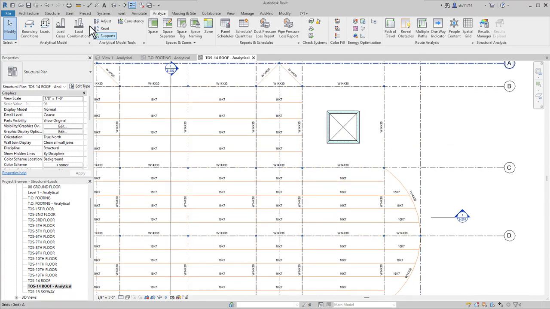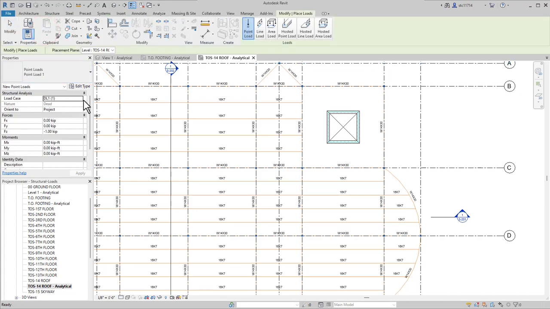Then I am going to apply a load. I'll select the load button. For the type of load, I'm going to set this to snowdrift, created in an earlier exercise. Then I'm going to take a look at the force. Currently, the force is coming down in the Z direction, so straight down onto the building at -1 kips. A kip is 1,000 pounds of force, so this is saying 1,000 pounds.